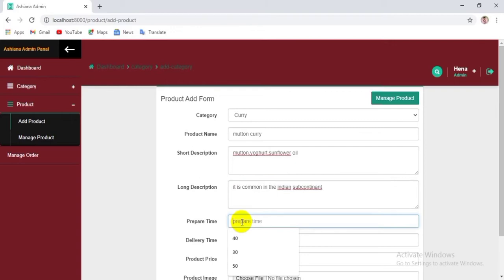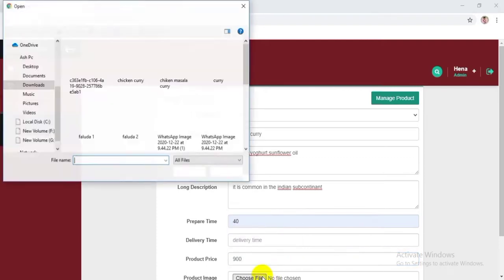Now we write the prepare time, 40 minutes, delivery time, 60 minutes, product price. Now we select the picture.